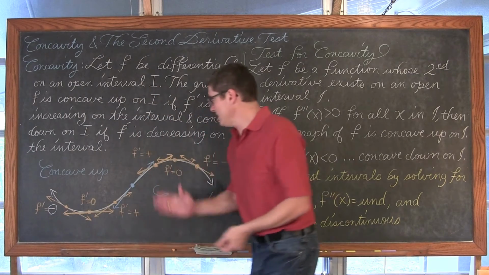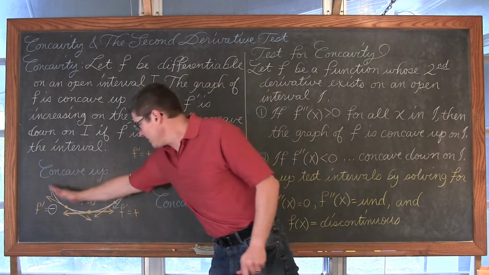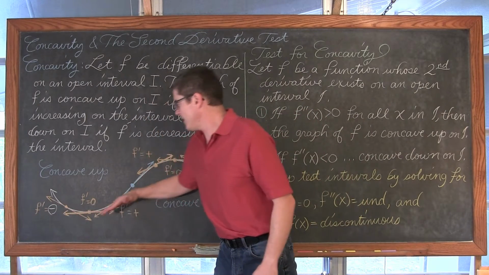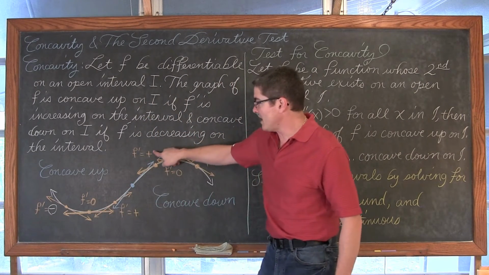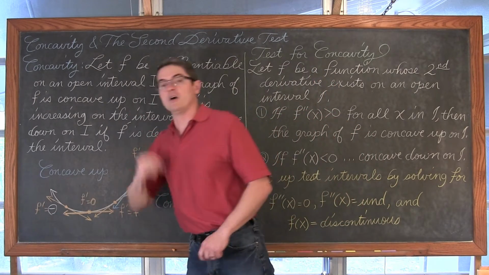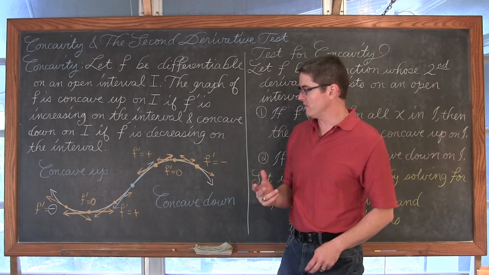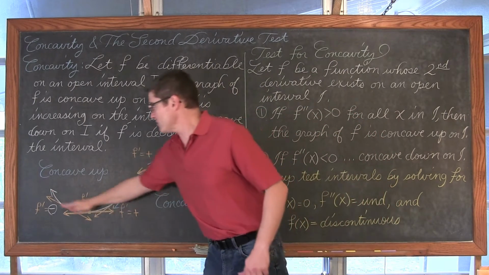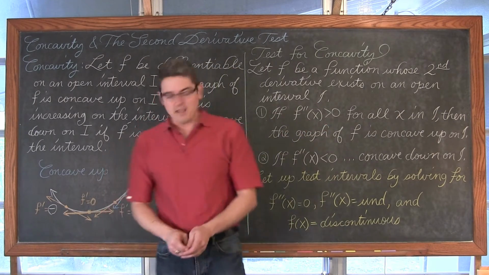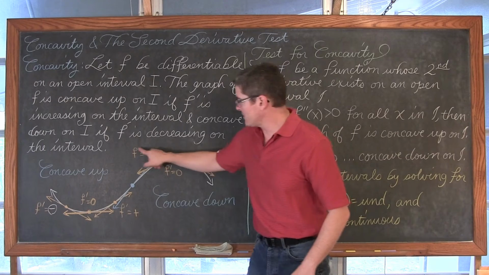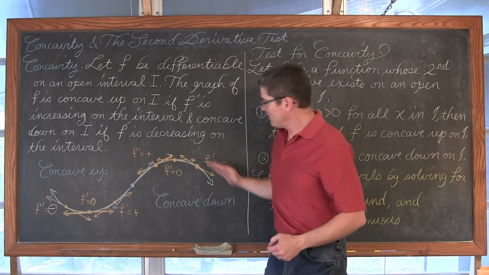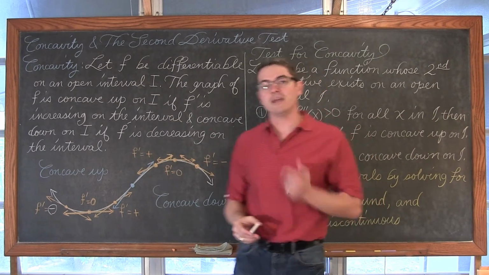So in other words, in this graph right here, I have some curve representing a function, and I've only identified the sign of the values for the first derivative. But if I went another step further and took the derivative of the first derivative and found the second derivative, then within this interval, my second derivative would be positive. And if I again take the derivative of my first derivative, then in this interval, my second derivative value will be negative.